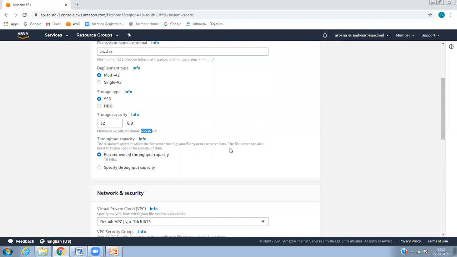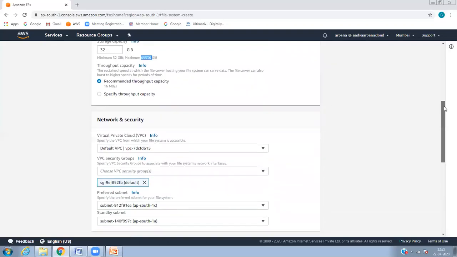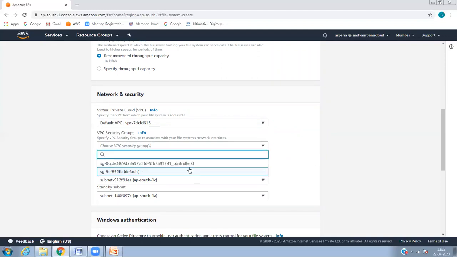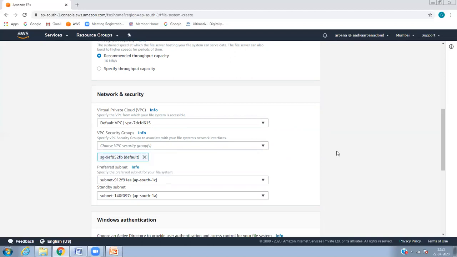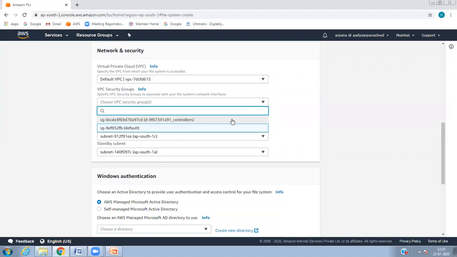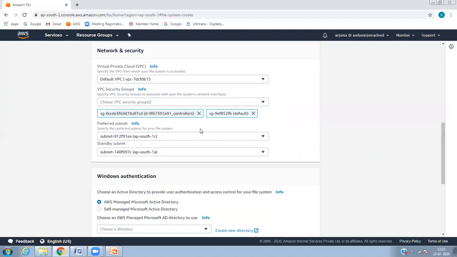So we have selected the 32 GB minimum, and I'm not going to select any of the other options. I'm going to use only the default one. Let's see later. We can add that also.